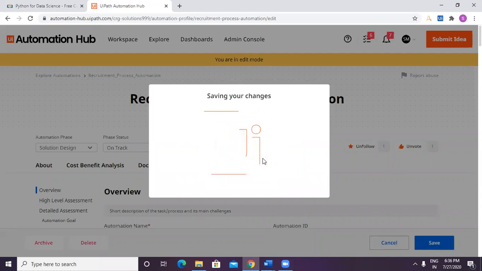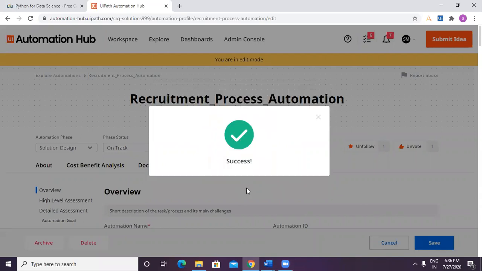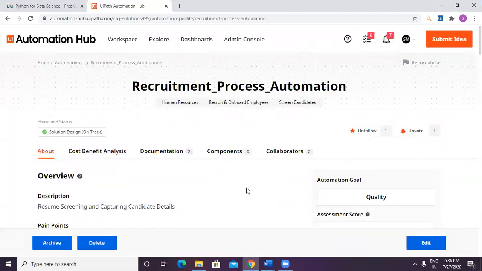So I would like to now take this ahead with Nisarg, wherein we will have Nisarg build the solution design document. It's going to take a day to build it. So Nisarg would be available with us in the next video where he would go ahead and